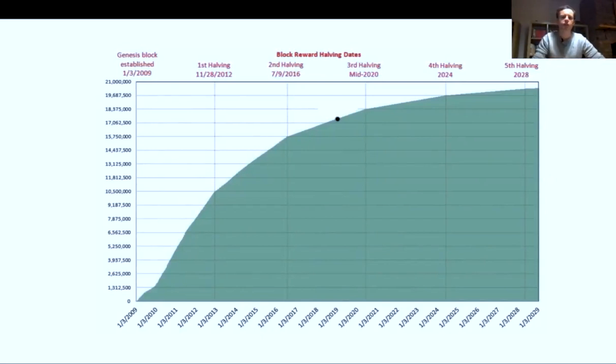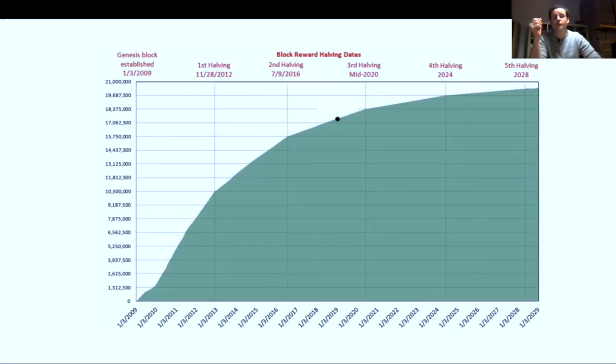And you can see that actually with Bitcoin, the curve flattens rather than increases. So when we talk about scarcity as a property of money, this is what it means. Bitcoin is a scarce asset, whereas the currencies we have now have been inflated massively. We saw this before. When you create money out of nothing, it devalues the currency because the more of something you have, the less valuable it is to you.